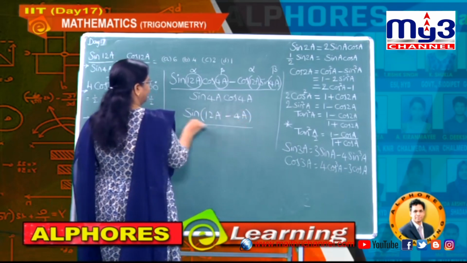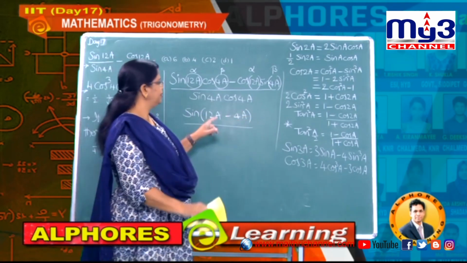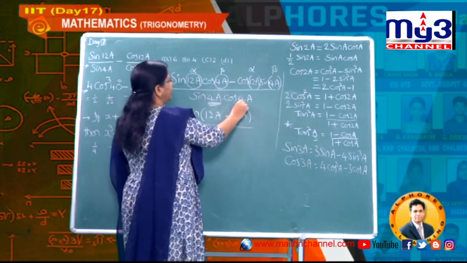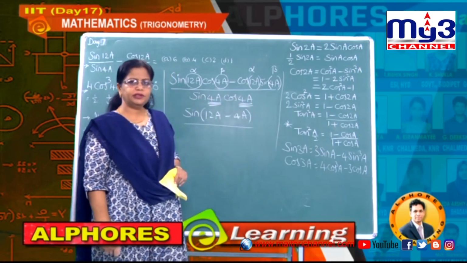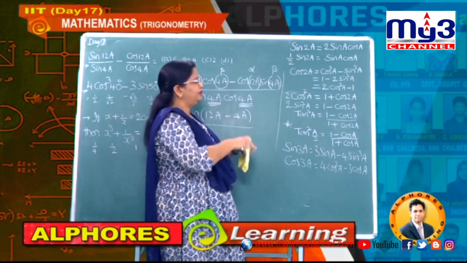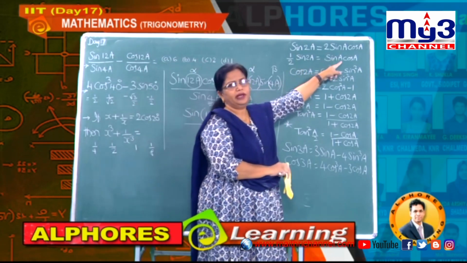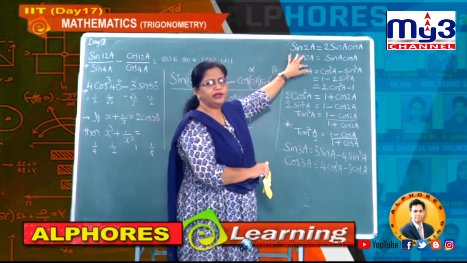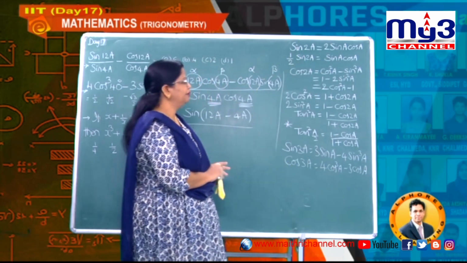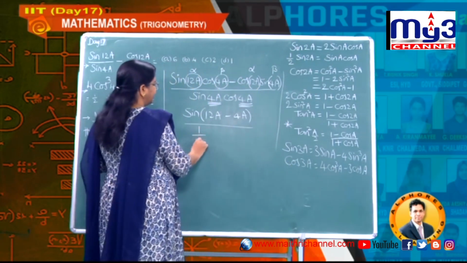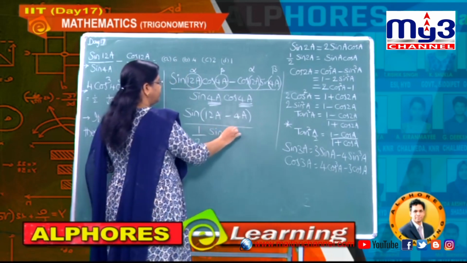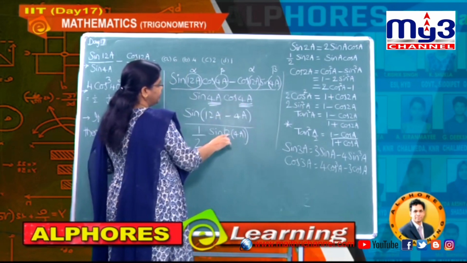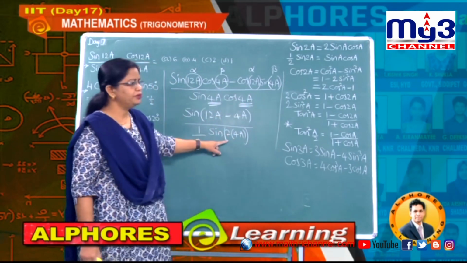Now the denominator, observe sin 4a cos 4a, both are with the same angle. Understand? Both are with the same angle. Then immediately you can go for sin a cos a, when both have the same value, it's nothing but half sin 2a. So now I am using that value, it is half sin of 2 into 4a. So here you have to multiply by 2.